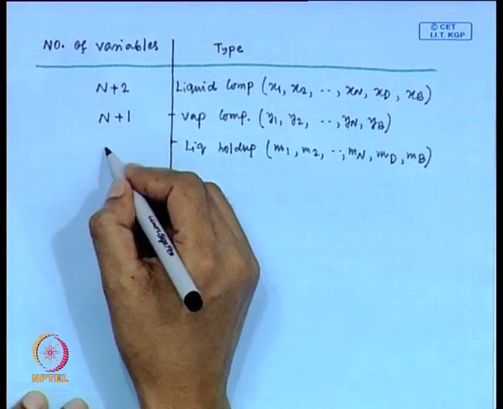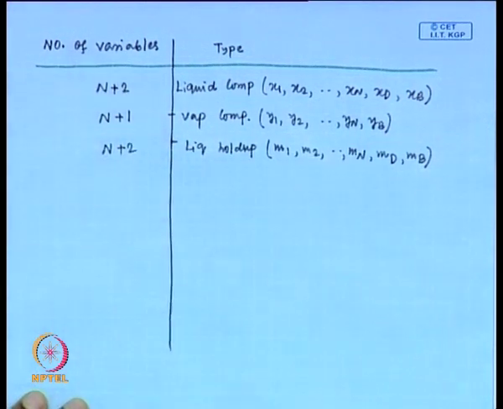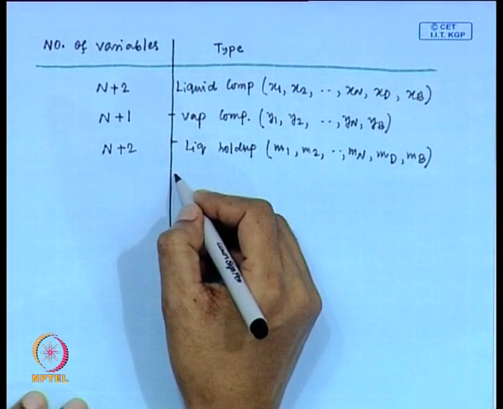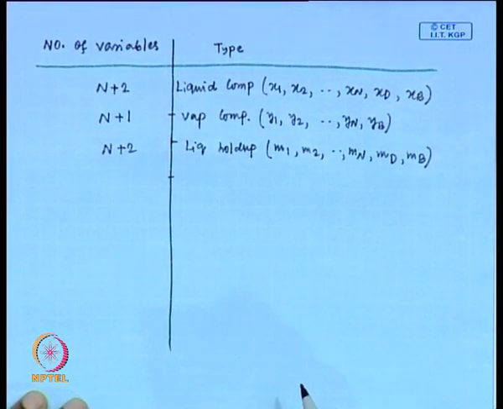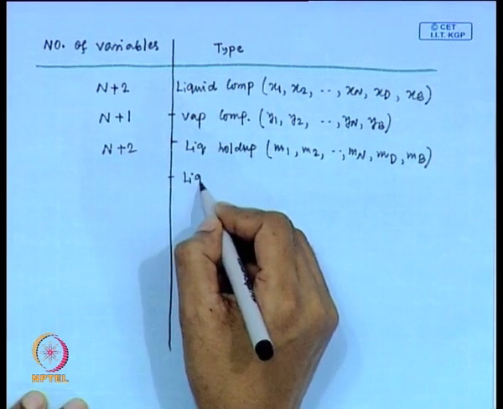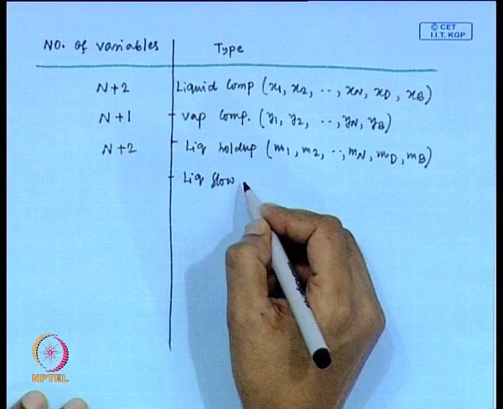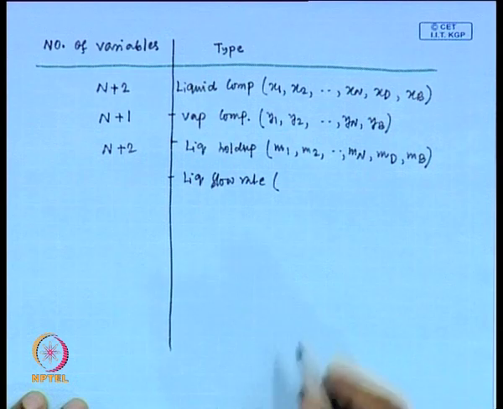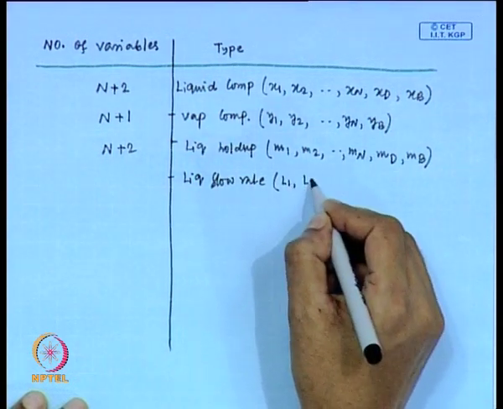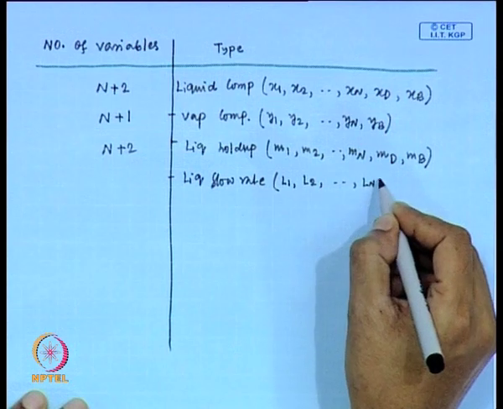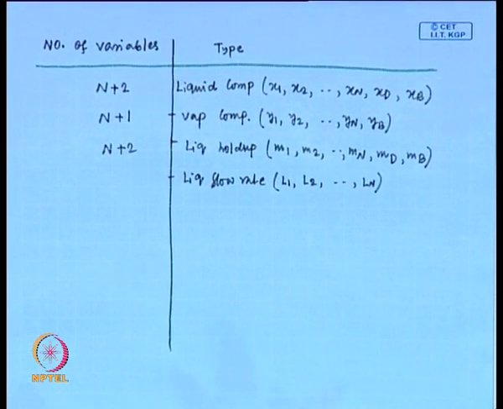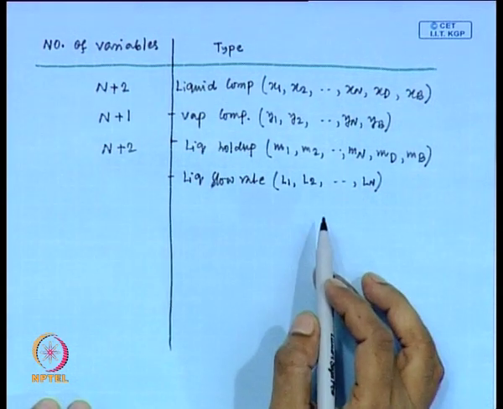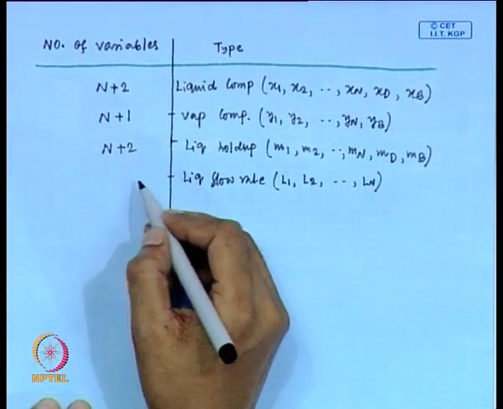So, total number is n plus 2. Next one is liquid flow rates. How many liquid flow rates are involved? L1, L2, Ln. Fine, we are not including the flow rates of top and bottom products. We will consider those separately. So, total number of liquid flow rates n,